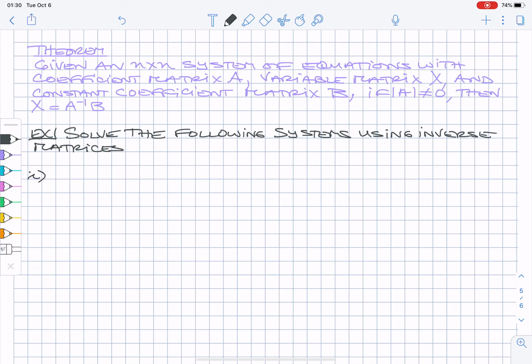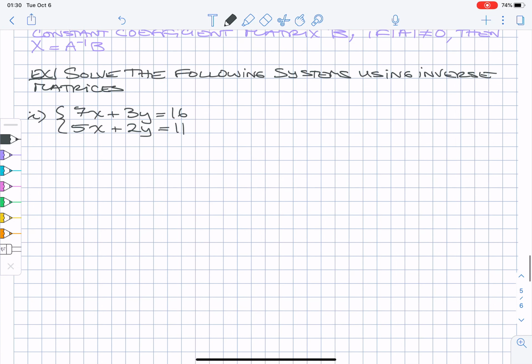So number 1, let's say we have 7x plus 3y is 16 and 5x plus 2y is 11. Okay, so I claim that the coefficient matrix A is going to be 7, 5, 3, 2. So this means